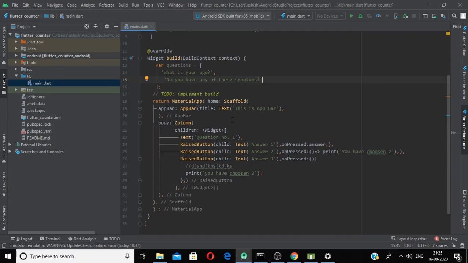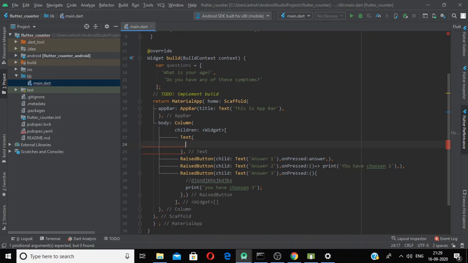So before going into that, we need to have some kind of logic where we tell the system that the first question is answered, now we need to display the second question onto the screen. So now our questions are ready, the questions from the list. We need to add these questions here inside our text widget. So what we can do, we can access the questions from the list